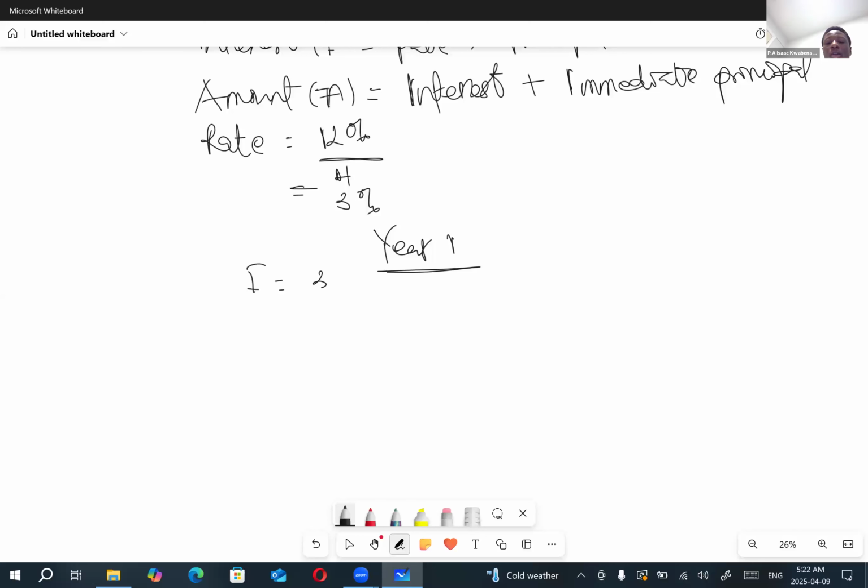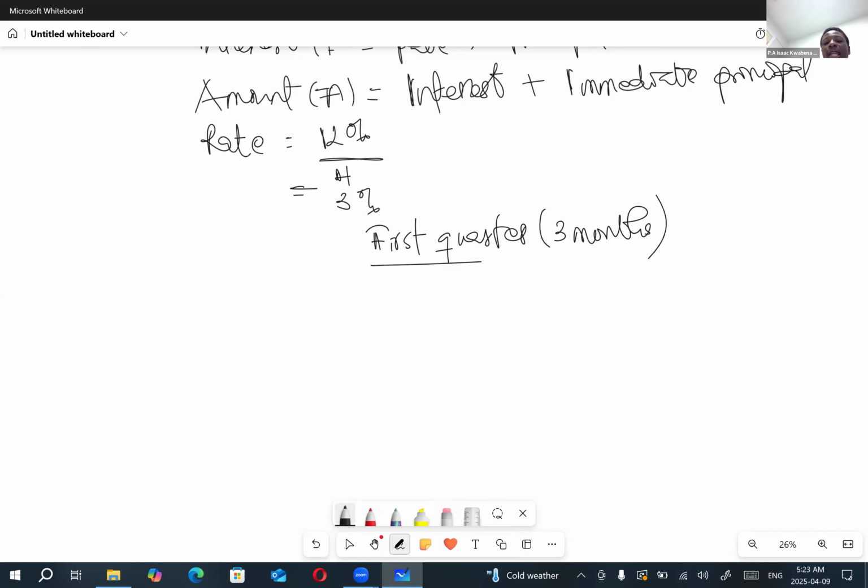You can't use year 1. They said it's compounded quarterly. So here you do first 3 months, for a whole year. I'll use the word quarter: first quarter. There is no need adding 3 months in brackets, but for the purpose of the lecture. So interest will be equal to